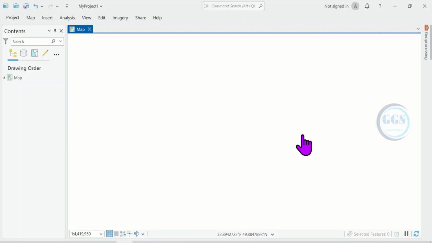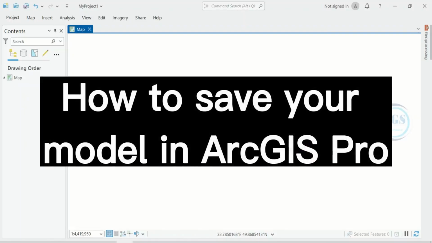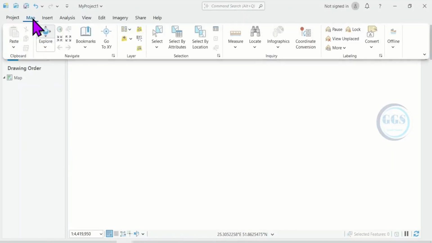In this video, I want to show you how to save a model in ArcGIS Pro. When you create your model in ArcGIS Pro, you need to save it. If you don't save it and you close the page, you may lose the model. Now, for example, let me create a model and show you how to save it